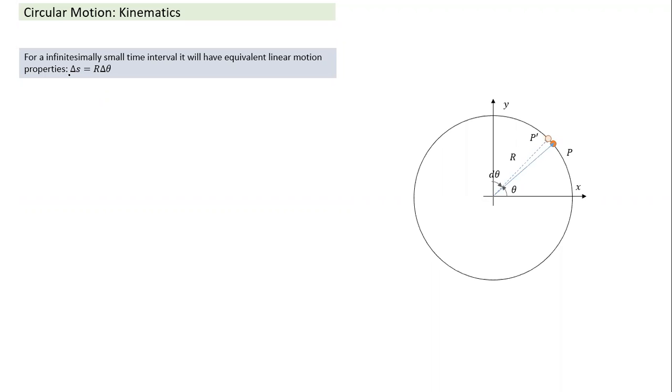And if this has happened in a small time dt, so if I divide both sides by dt, I get a relationship: v is equal to r omega in the tangential direction. That's the relationship when the time interval is tending to zero, the instantaneous value. So for a very brief instance, you can have a linear equivalent, and linear velocity v is equal to r into omega in the tangential direction. And we understand these two points are along the tangent direction. So v is equal to r omega, you get a sense of how these two are related.